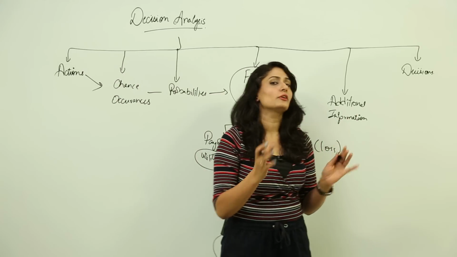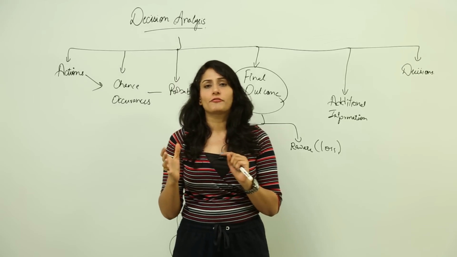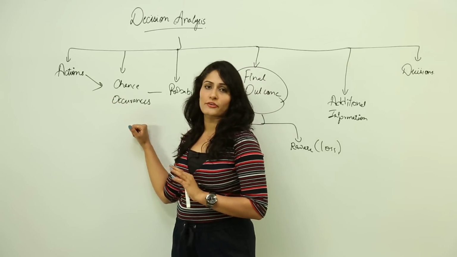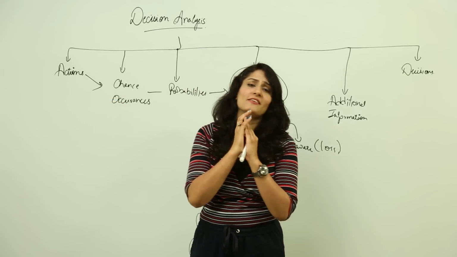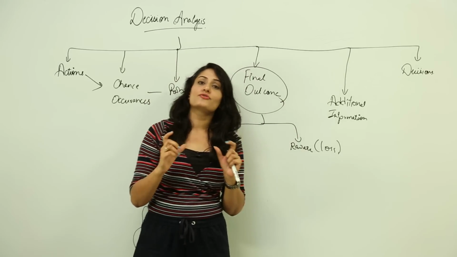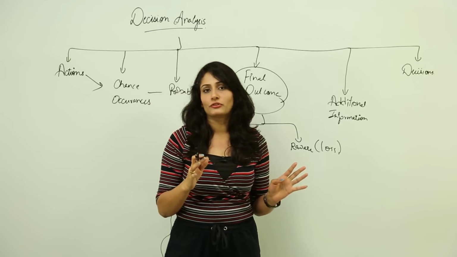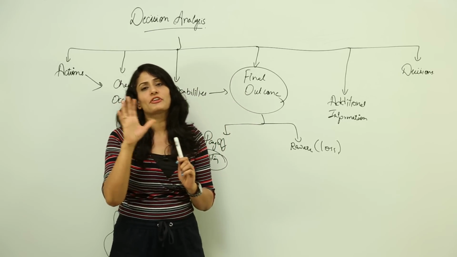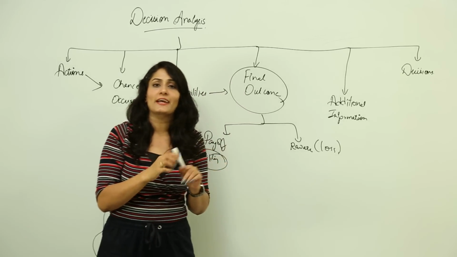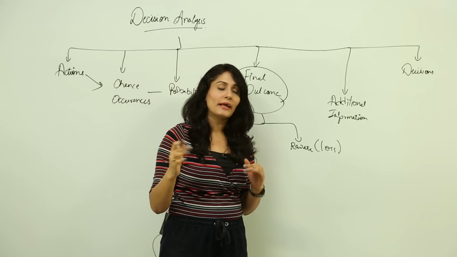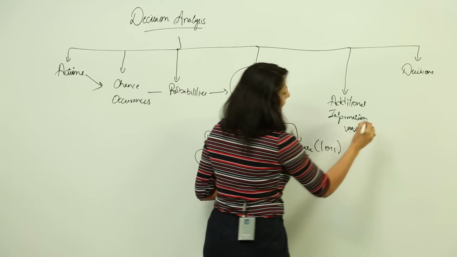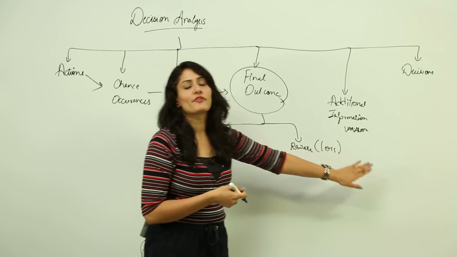Now let's come to additional information. So what is additional information? As I have told you, whenever we take any action, there are chance occurrences which play their role. Now these chance occurrences are not always subtle, sometimes they are very strong, and when they are strong, this means they will lead to a lot of variation. This is the variation in which the project managers are not at all interested. They want to keep it under control, under check, and they do not want it to increase, right? So if I can say, they are scared of this variation. And these chance occurrences lead to this variation.